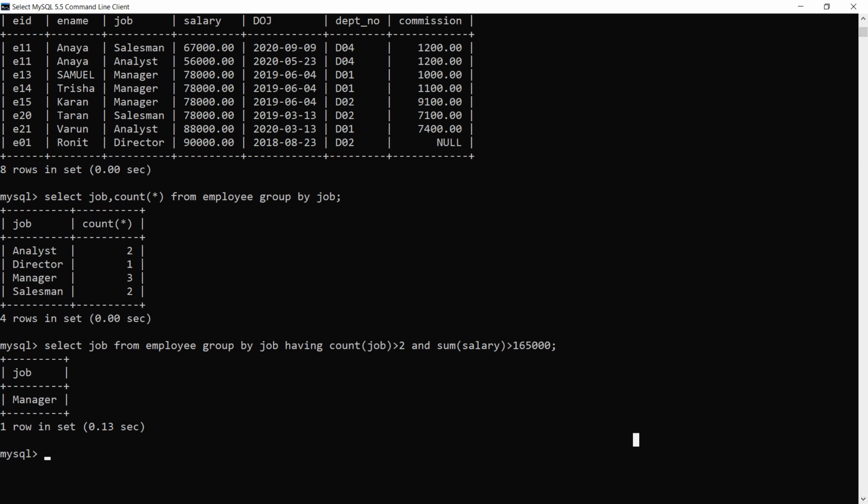Then further, select job from employee group by job having something additional.